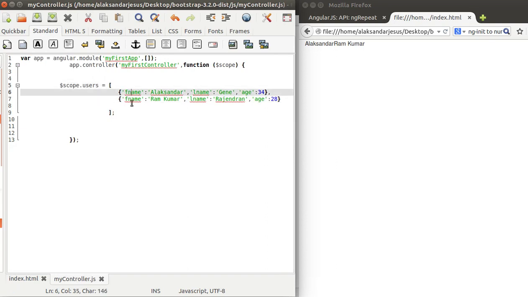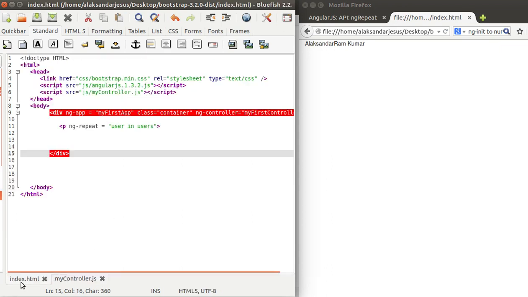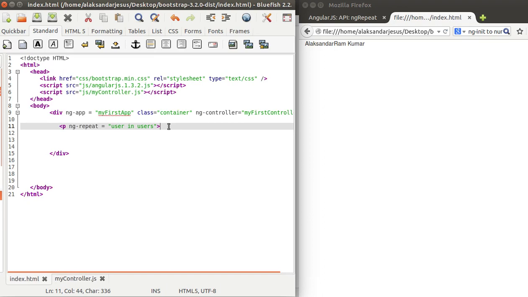So this is user in users. We'll come down here, we'll just type user.fname and then close the paragraph tag. If you just refresh it, you are getting Alexander in a separate paragraph and Ramkumar in a separate paragraph.